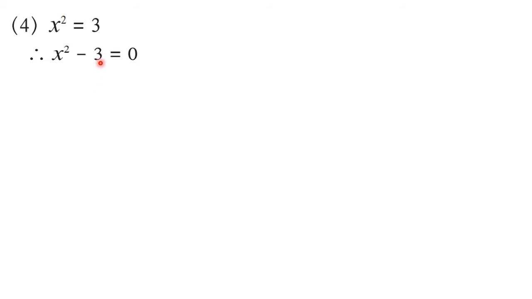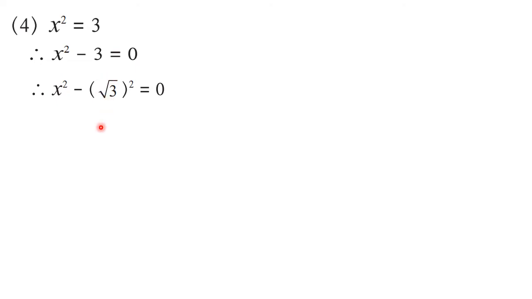Okay. So in that case, we have to take help of irrational numbers. You know that if we write root 3, then root 3 into root 3 is 3. That means this 3 we can write as root 3 square. Okay, so this expression now we can write as x square minus root 3 square equal to 0. So now you can see here, this is of type a square minus b square, where value of a is x and value of b is root 3.